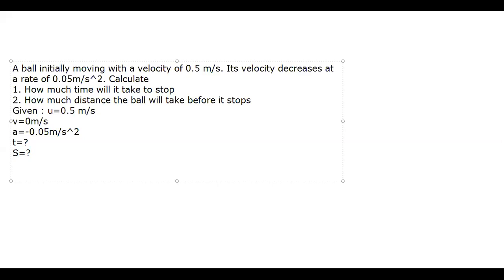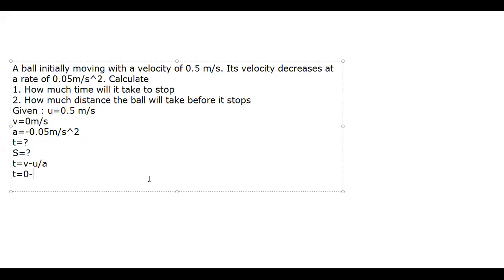Okay, so let's find out T. So T will be what? T is from the first equation of motion, V minus U upon A. This is the formula we can use to find out T. Now what is V? V is 0 minus A. Sir, 10 seconds. Arre yaar, don't call out the answer, my child. Everybody can hear. Write whatever you have to write, don't type.